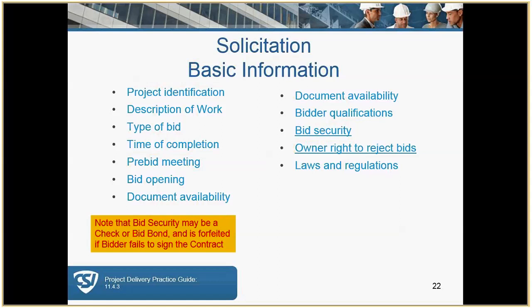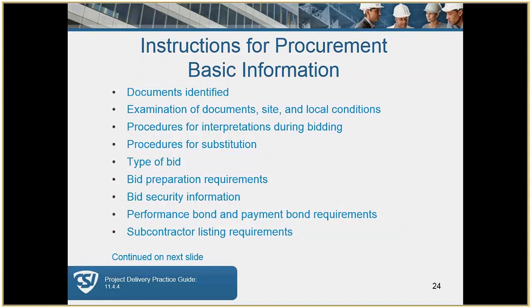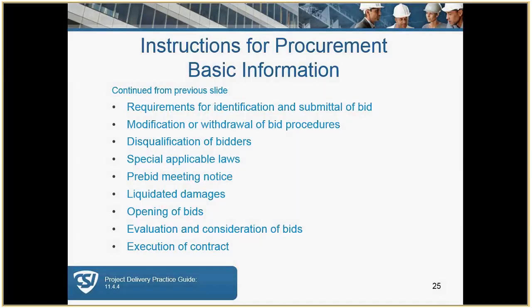Now, instructions for procurement, or what used to be called instructions for bidders, include specific requirements to be included in the bid, i.e. what the bid form is, the addendum acknowledgement, what bid bond forms, what certifications and other documents might be required illustrating the bidder's financial stability or some sort of qualifications. These are some examples of what instructions for procurement may include. And here are some additional examples